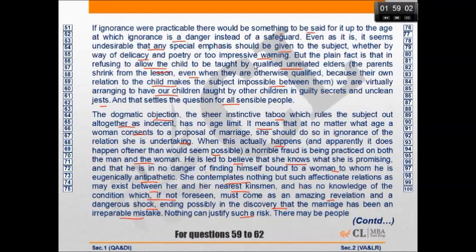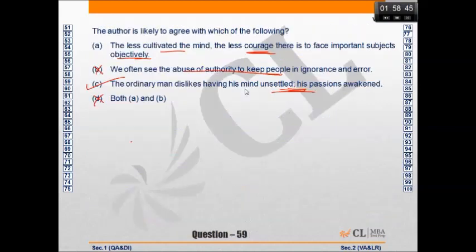Yeah, I can see this here. But the plain fact is, refusing to qualified unrelated adult, the parent shrinks from the lesson. The child makes subject impossible between them. So the reticent is, that's right. We are virtually arranging. Okay. So actually,